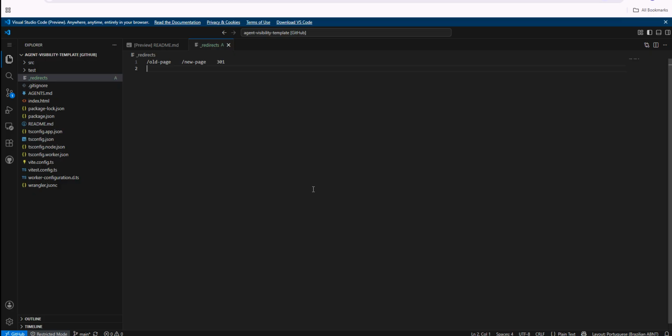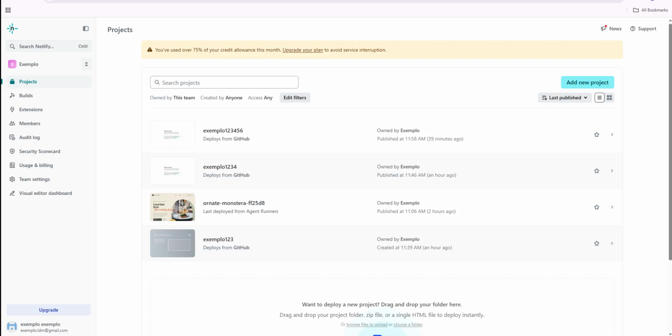Save the file after adding your redirect. After that, commit your changes and push them to your connected Git repository. Netlify will automatically detect the updated _redirects file during the next deployment and apply your redirect rules when the site